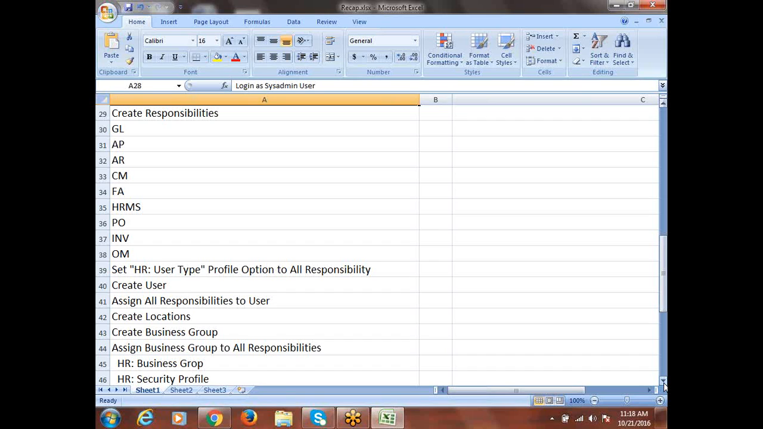Not required. You don't want to say more than: we'll create the responsibility, we'll create the business group, and the business group will be assigned to all the responsibilities. And then after that, what we'll be doing? And we'll be creating the